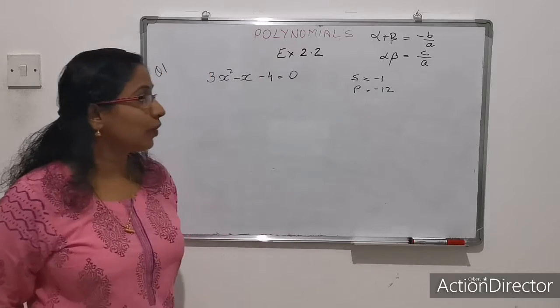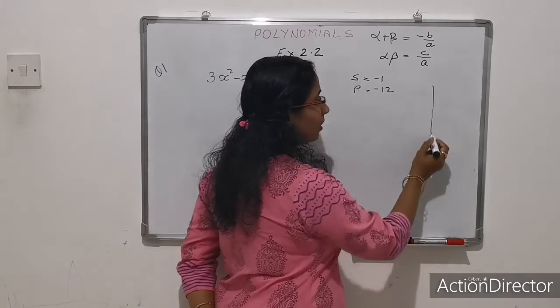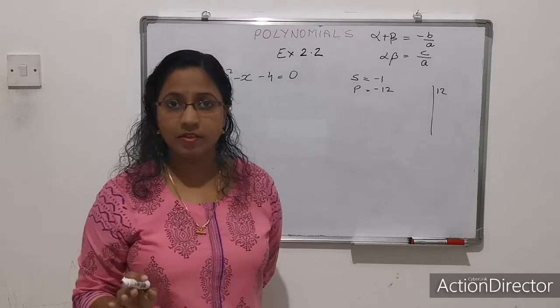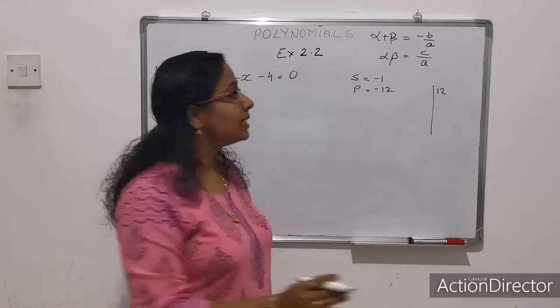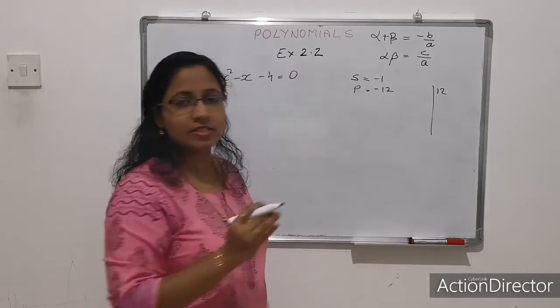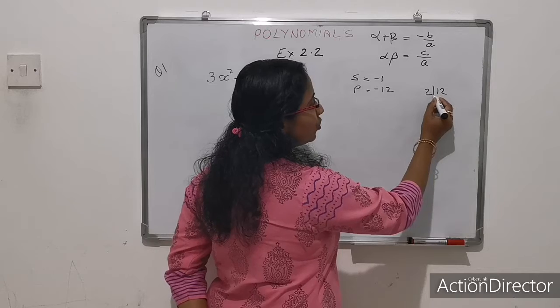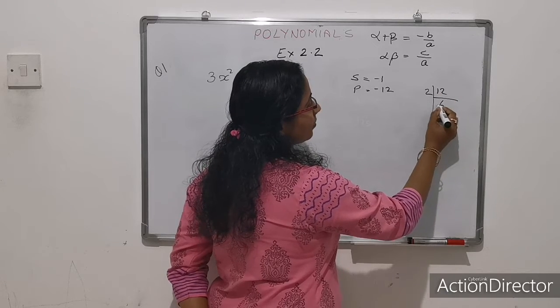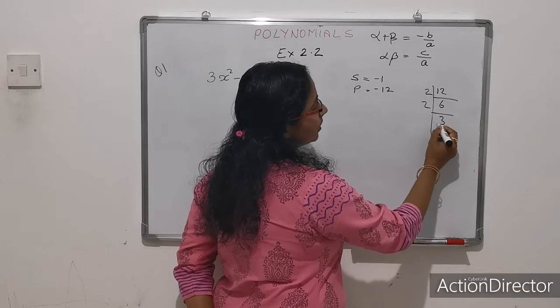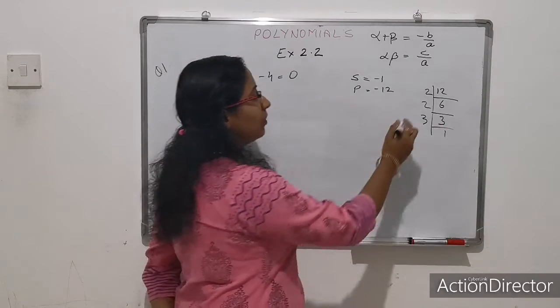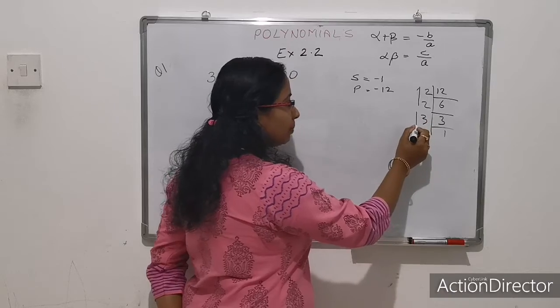Now if we have to find, we will find the factors of 12. I know it is very easy, 4 into 3 or 2 into 2 into 3. Still I am doing this pattern just for the clarity. Okay. So this is 2. This becomes 6. This becomes 2. This becomes 3. 3, 1. Right. So we will take this and this pair.